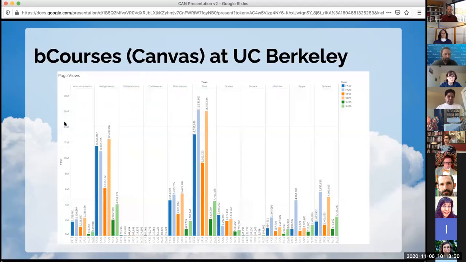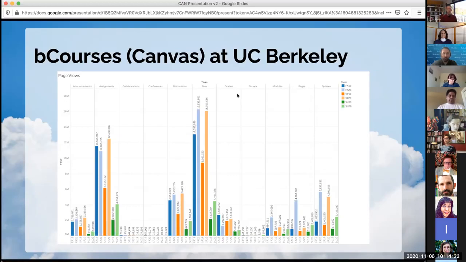So I'm going to pivot briefly into a quick overview of bCourses at Berkeley, and this may be very hard to read on your screen. You don't need to read all these numbers. I promise there won't be a test or anything at the end. But I really just put this graphic up here to show you the scale of what's happening in bCourses. And bCourses is our local brand for the Canvas learning management system, so you may hear me say those two terms interchangeably today. And this just is some visualizations that show different tools within bCourses and the tremendous volume of